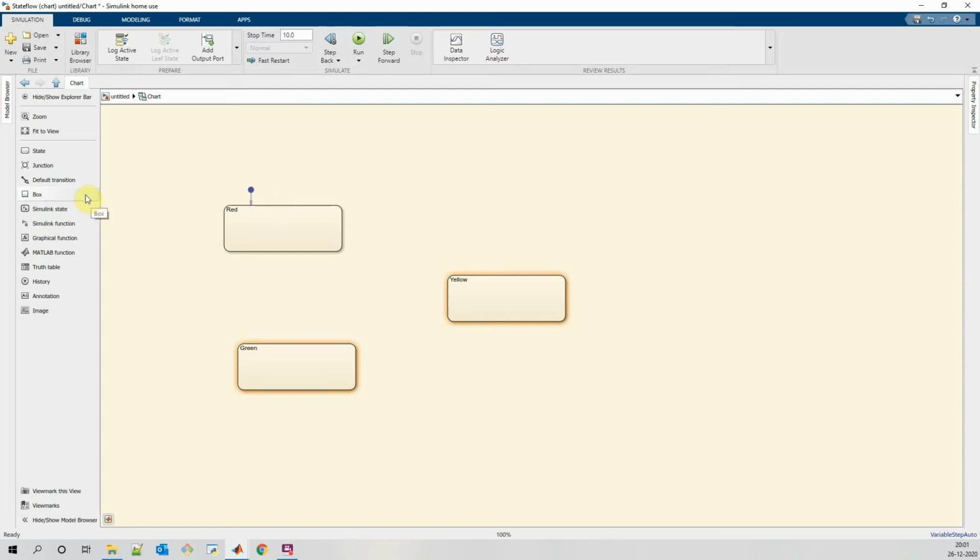Next thing is adding the transitions between these states. We consider a traffic signal. The transition from red signal to green signal is possible, so we can add that particular transition. Green to red is not possible, but green to yellow is possible, and then we have a transition from yellow to red. These transitions should happen after a particular time, and again we need to display what light is currently on. So let's add logic to these different states.